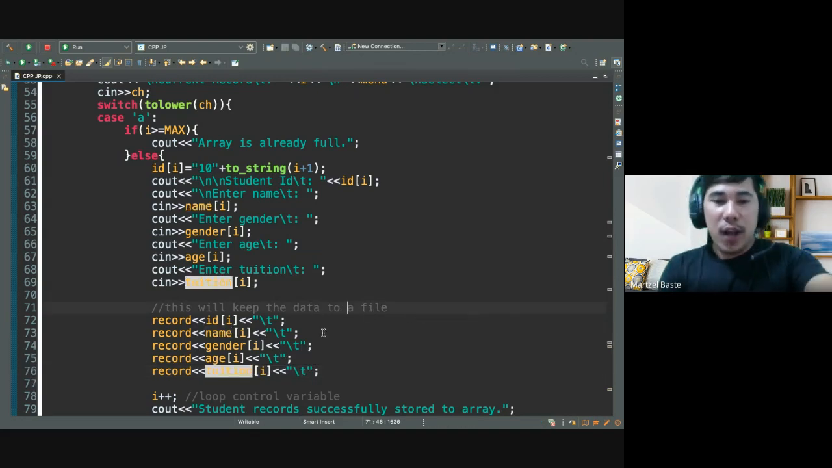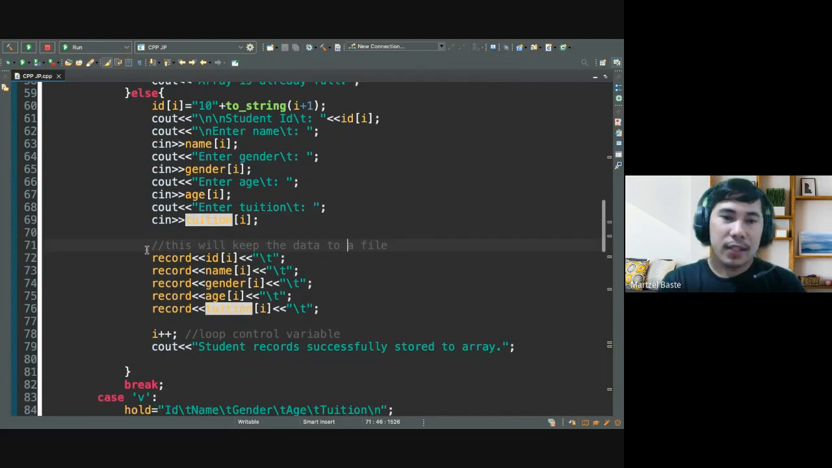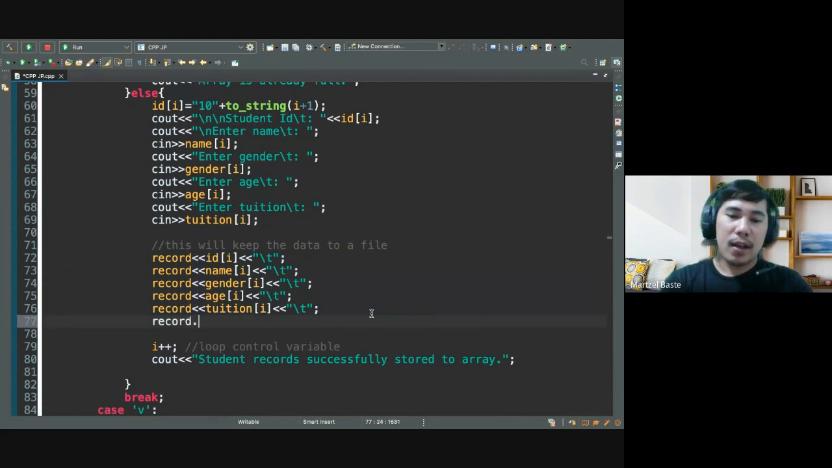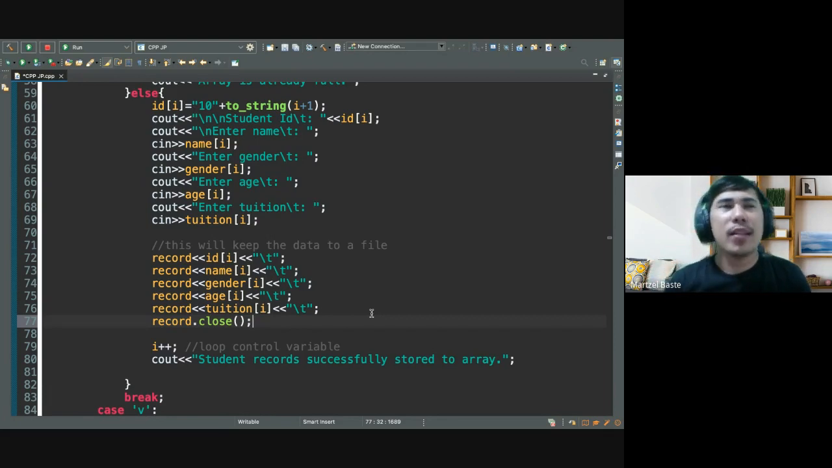Okay, so now that we have already recorded, we have this something right here. This time, we'll need to close our file. So this is not necessary in C++. However, I would like you to do that and practice doing that because in most programming languages